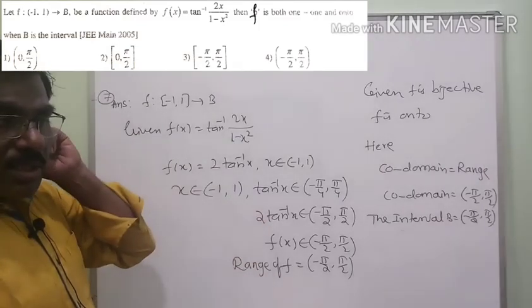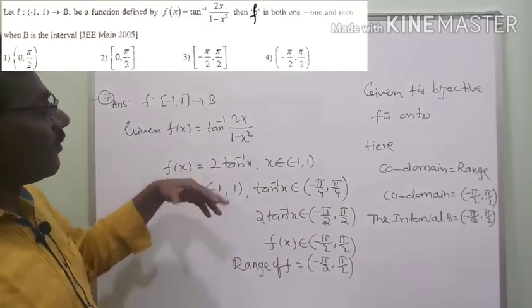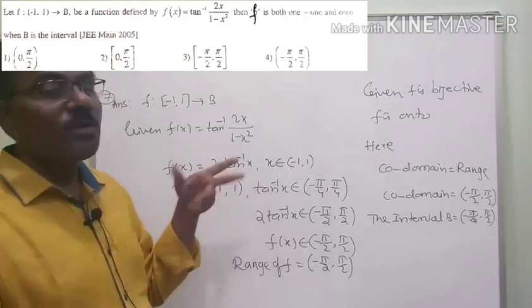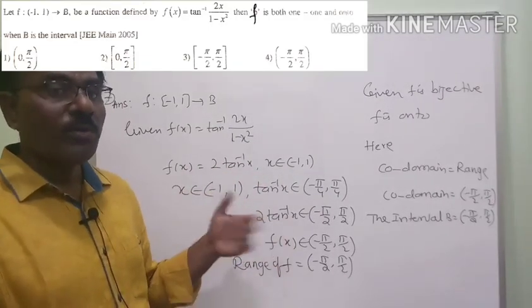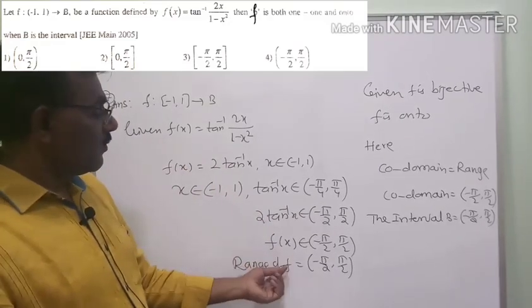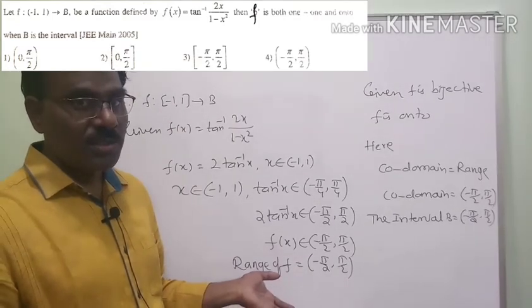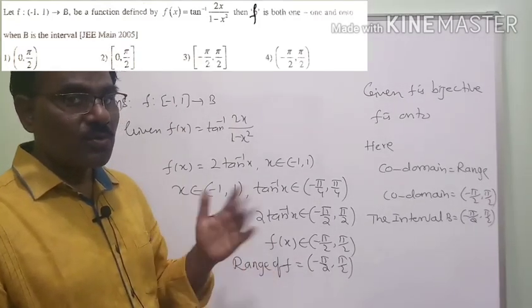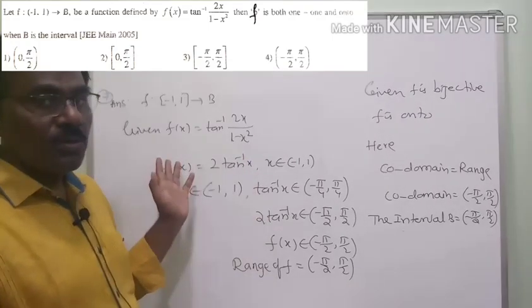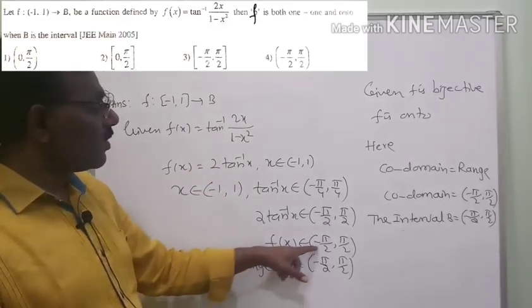So again the students are confused. Totally, the f of x value is called range. X is called domain. If you substitute the domain, the range comes. The value of f of x is called range. Don't confuse domain and codomain with the range. Domain substitution gives the range. So f of x is called range.